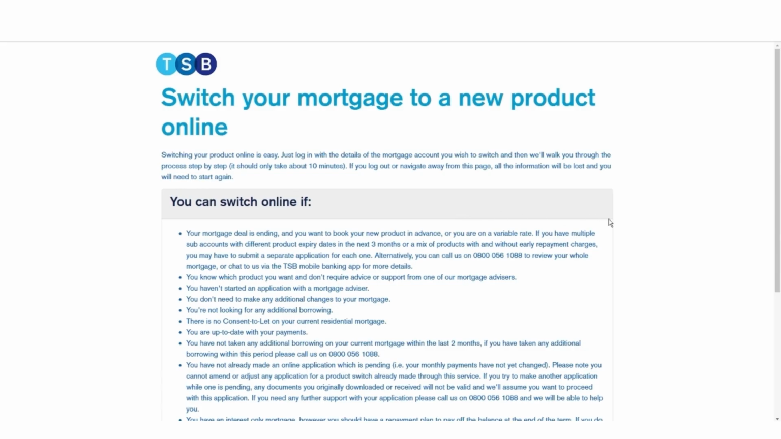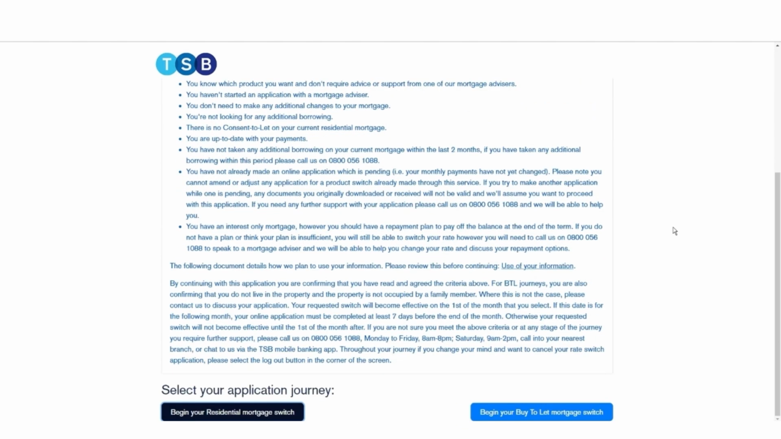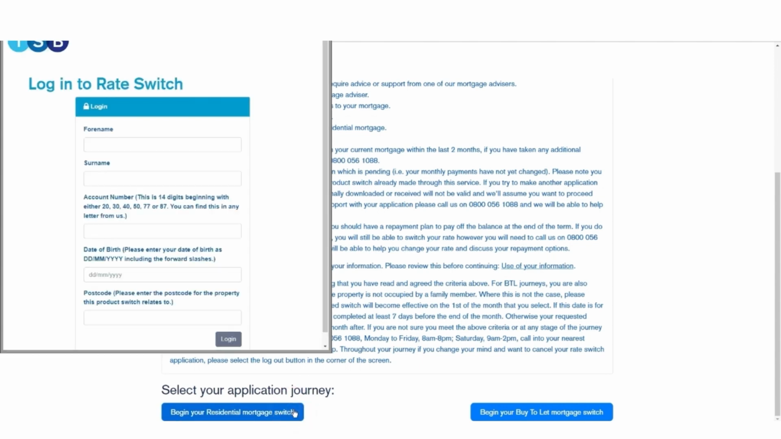You'll be greeted with the Welcome page, which sets out the eligibility criteria for switching your rate online. Please take the time to read this information, and when you're happy to proceed, please choose from the residential or buy-to-let options below. Next, you'll see the login screen, which only requires a few personal details from your TSB mortgage: